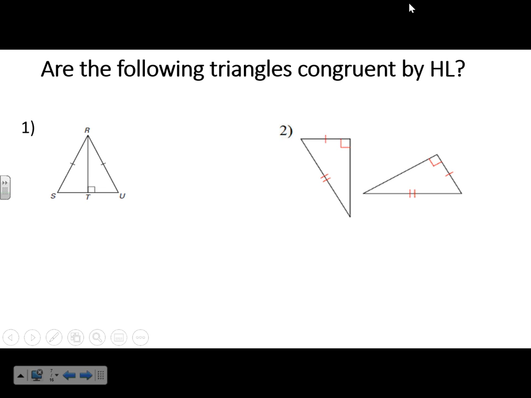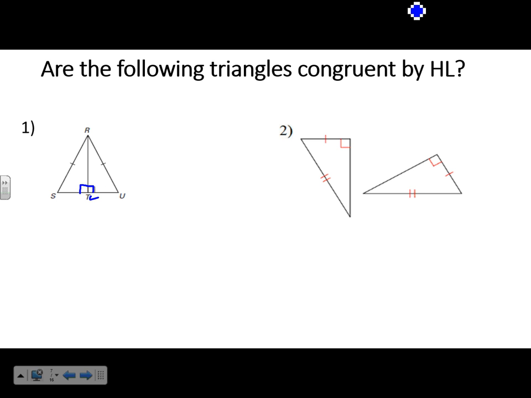So let's do a couple of these other problems. Are the following triangles congruent by hypotenuse leg? So we have to check those three things, the hypotenuse, the leg, and I would start with the right triangle. So it is a right triangle, so that's good. They're both right triangles. If it's a right triangle over here, it's got to be a right one over here